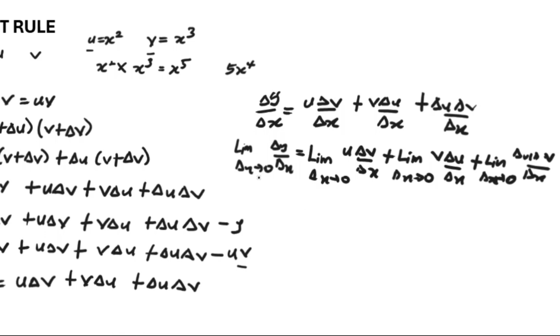So limit of delta y over delta x as delta x tends to 0 is the same thing as dy